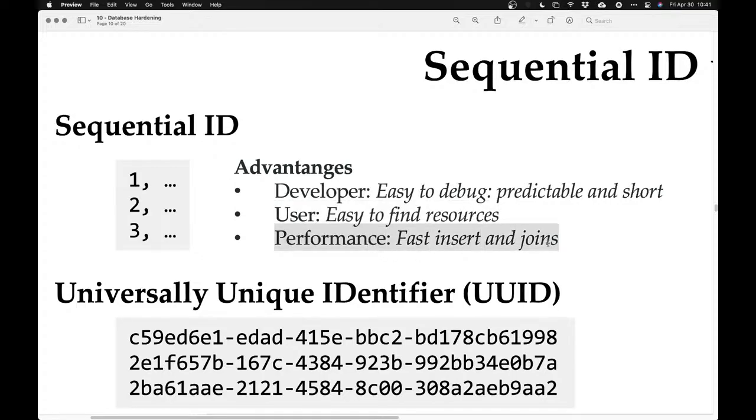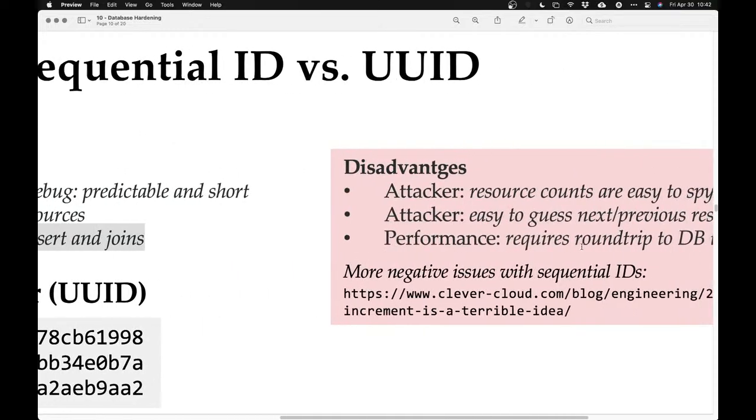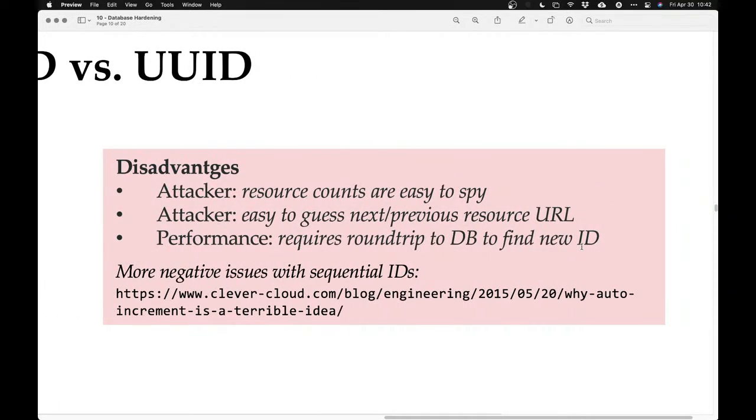Also, sequential IDs have very good performance characteristics if you're doing a very high rate of insertions and or updates or joins, because it's very easy for your database to treat these IDs as arithmetic, as numbers, and it can very intelligently sort things and do interesting things with it. Okay, so sequential IDs are great, except when they're not. The disadvantages are the following: